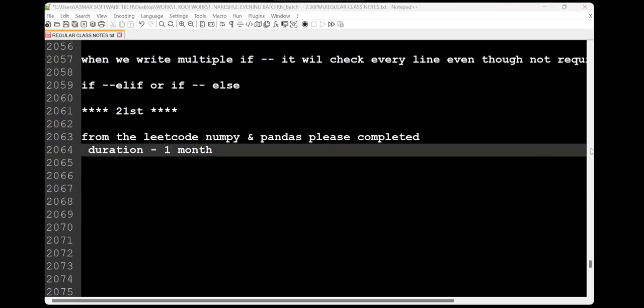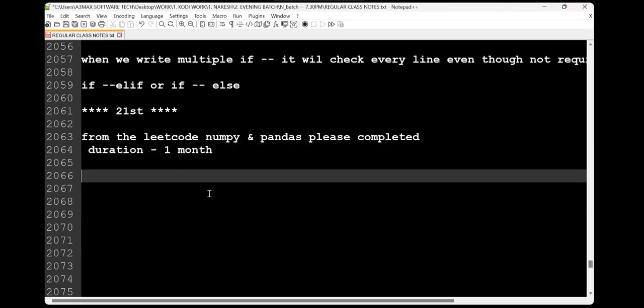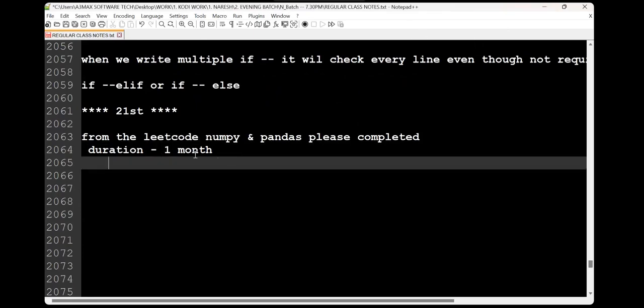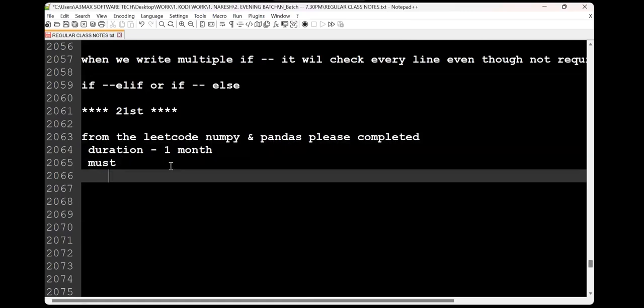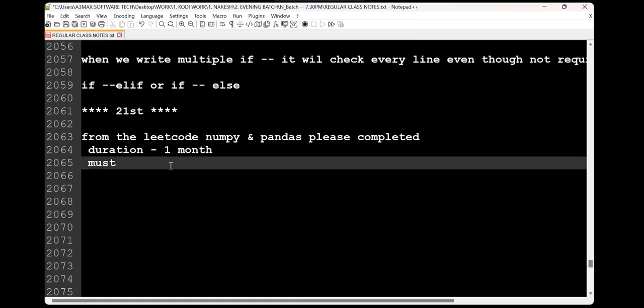Are we clear? Can you do it or not? Offline team and online team, I want you to complete NumPy and pandas from LeetCode. This is a must, and once you complete NumPy and pandas, you will definitely get a job.